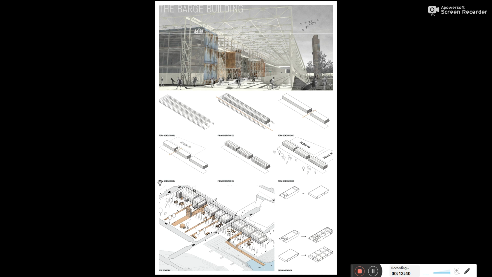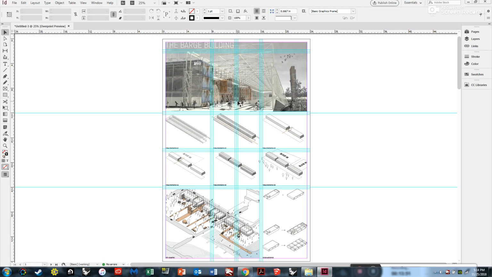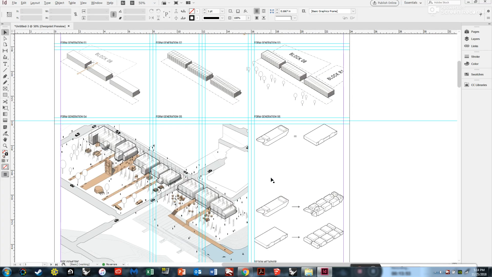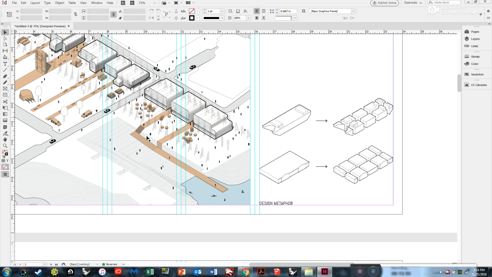All the text is lined up. All the diagrams are lined up. The text and the diagrams are even lined up. It's looking really clean right now, which is what we're going for. The other thing, you know, if I started making callouts here,